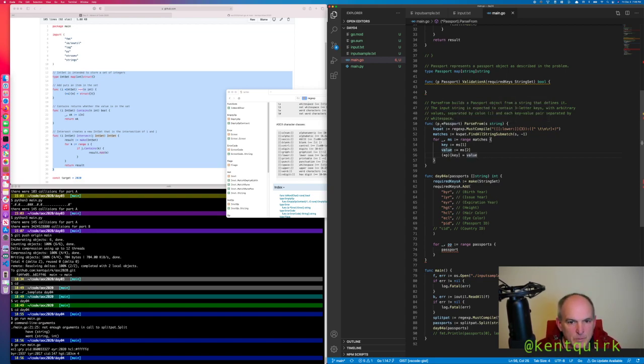Because P is a pointer to a passport. So in order to index into the passport, I need to convert the pointer back to a passport. So star P of key is value. So now we're modifying the passport. So this is basically parsing a passport from a string, building in the passport. So there we go. Now we walk our range of